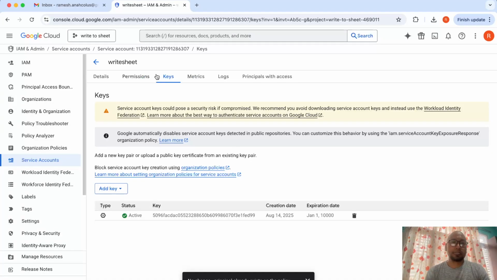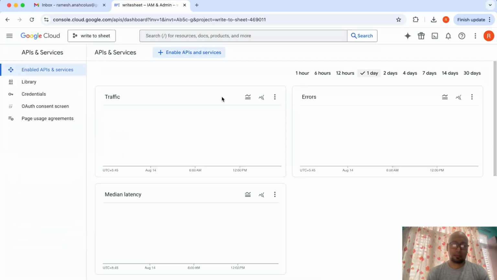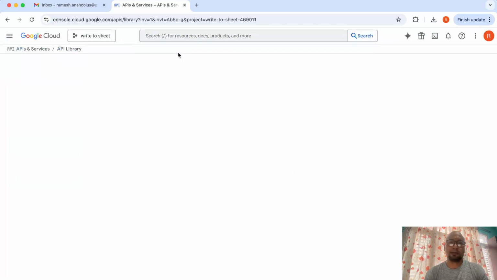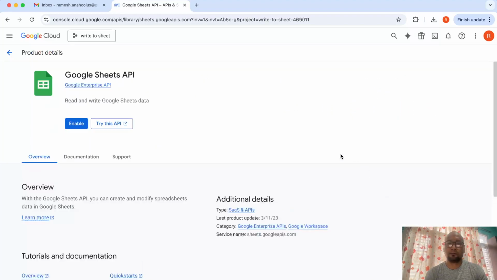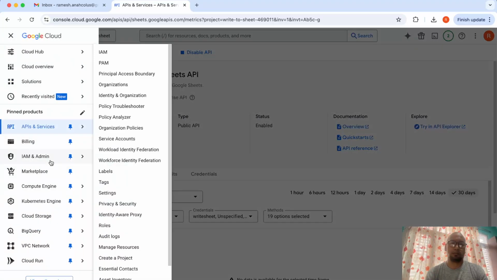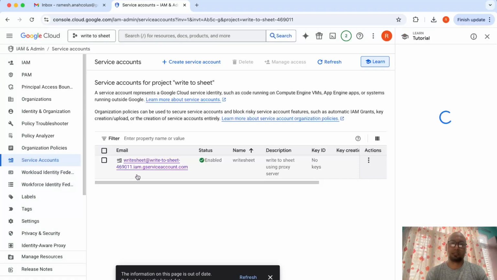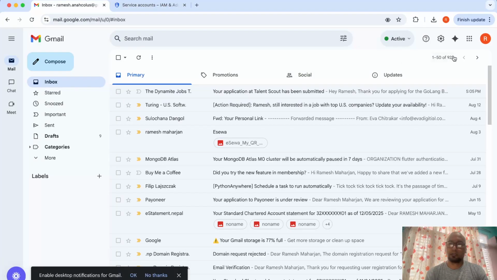Now that the key is downloaded, what you have to do is go to API services, enable APIs. Then you search for Google Sheets because you need to enable it. Okay, enable. After it enables, you will see a page like this. Then all you have to do is go again to IAM, service accounts. You copy this email,